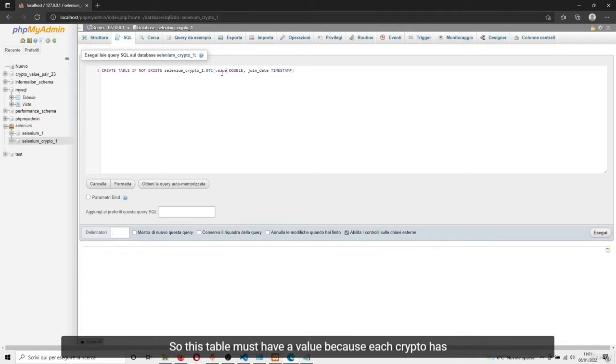So this table must have a value, because each crypto has a value, with type of double, and a join date, which is in which instant this crypto has this value, and the type is a timestamp because it's an instant of time. Okay, if we execute the query,